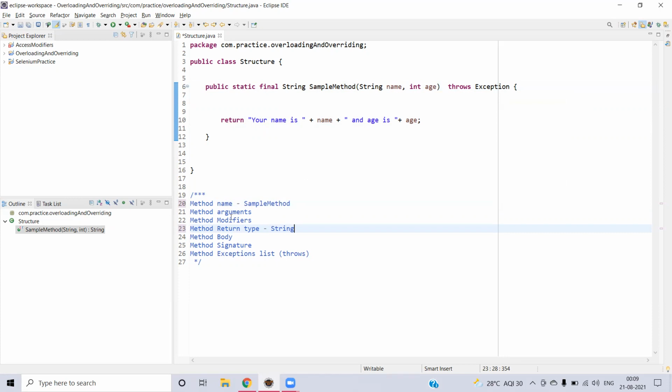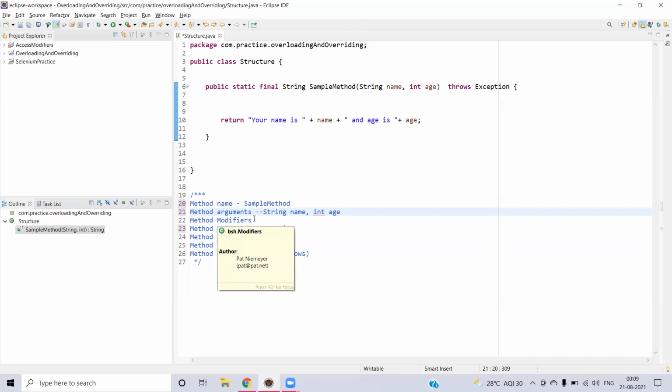And the next one, method arguments. Inside the parentheses, you might have different values, which are of different types, let's say class types or primitive types. For example, here we have String name and int age. So here you can see one is primitive, another one is non-primitive. However, our arguments are just String name and int age.